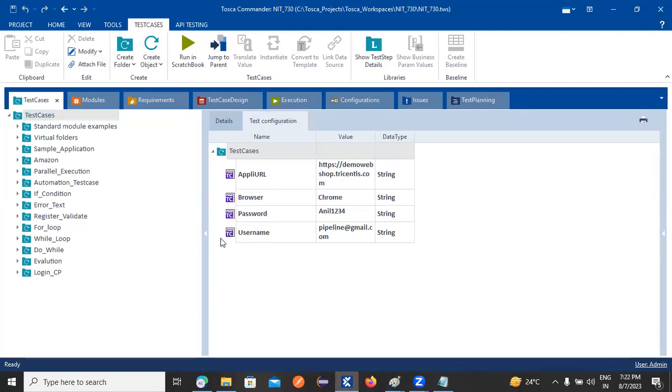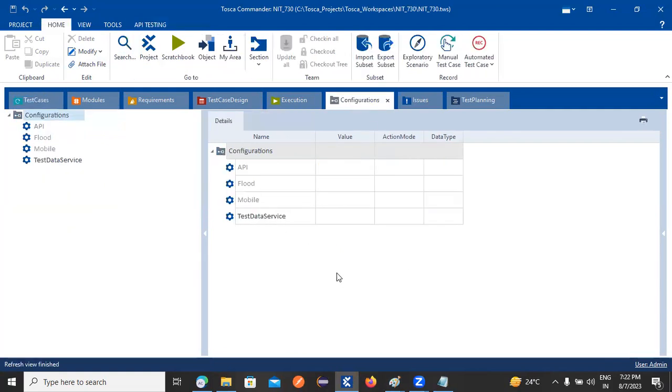If you want all your team members to access this information, we need to go to the configuration level. Once you go to the configuration level, you need to use the configuration. First of all, I will discuss test configuration. After that, I will discuss configuration. Okay, see,